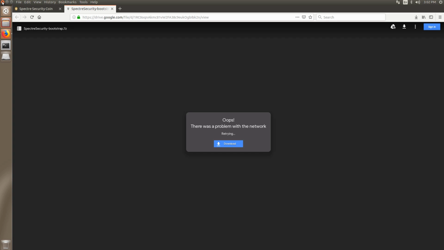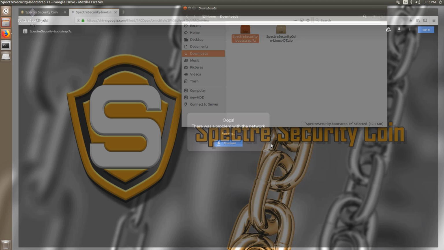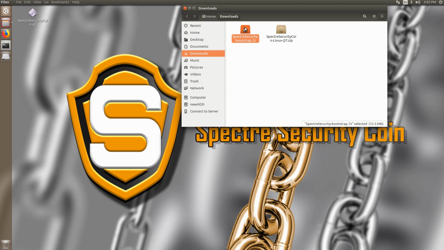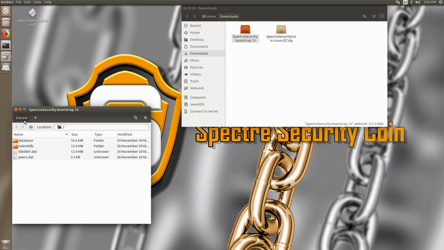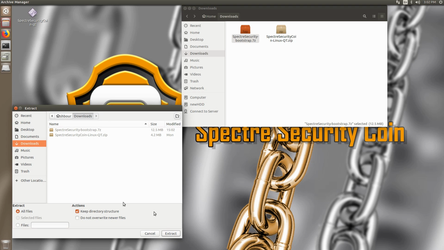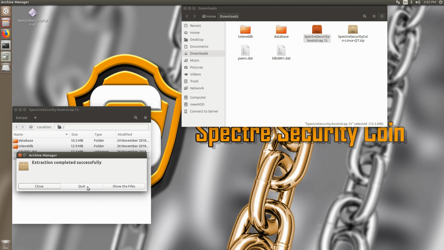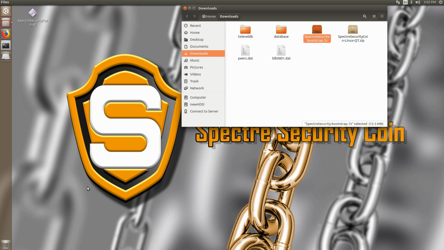You can close your browser, close tabs, and then here double click on it, extract it to your downloads. We'll have to transfer those somewhere else soon. Now press on quit, and now open a terminal